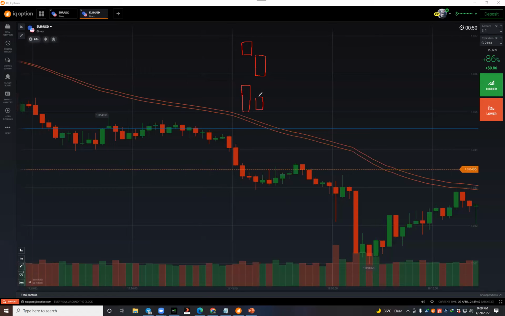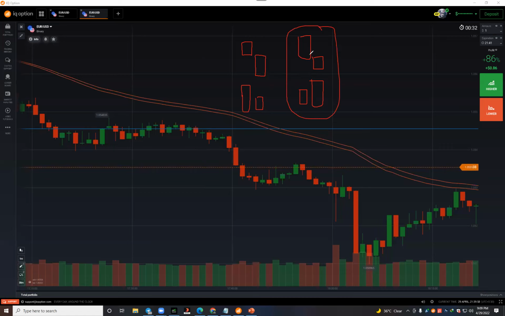This is a very strong anomaly. If the first is a big one and the second is a small one, and they have an anomaly, it's a weak anomaly. This weak anomaly, maybe it will work, maybe it will not work. Why? In case the big candle and the small candle have any continuation sign like this one, like this one, like this one, then it will not work for you, because we cannot go against the concept.